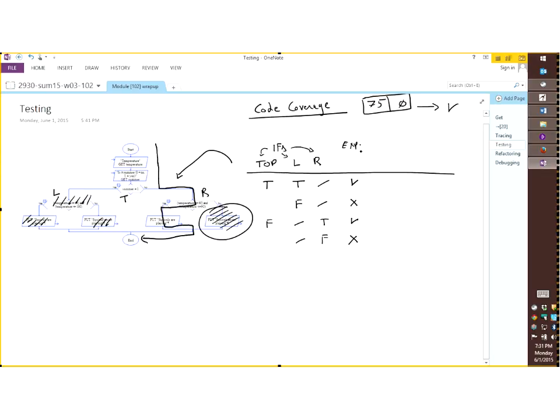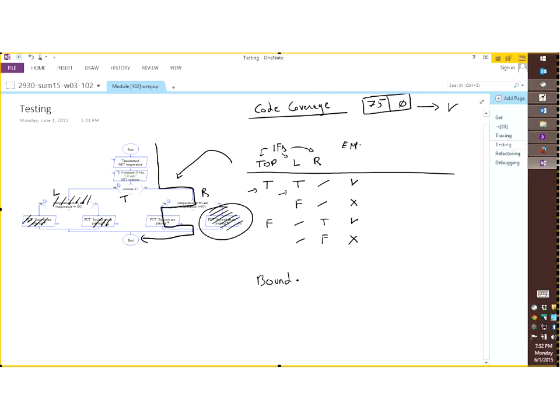Now, that's not exactly giving us tests yet. It's giving us the profile of the structure of our code, all the execution paths within, and it tells us what we need to test to guarantee code coverage. If I have one test for the case where the top if statement is true and the left if statement is true, one test for the next line, one for the third, and one for the fourth, then I know that I will have code coverage. That's one of the important things in testing.